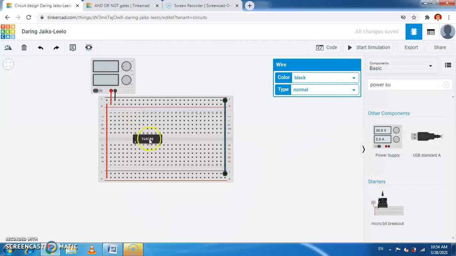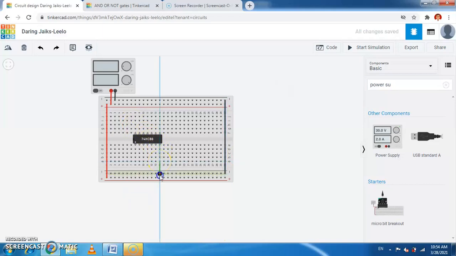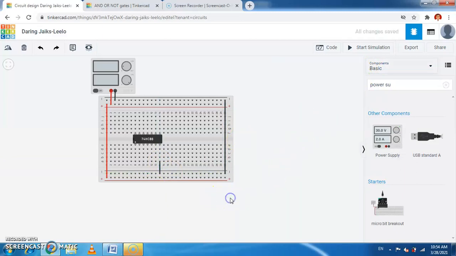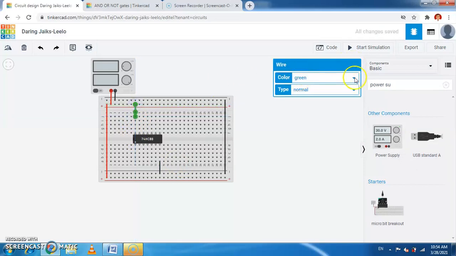Now we connect this to pin number 7, which is the ground here. So these all are connected to each other. Therefore, from this we can take, this will be the ground. We make the color of this a black here. So this is connected to the ground. Now this pin number 14 is the VCC here. So therefore we connect this to the VCC, with the red color for this.